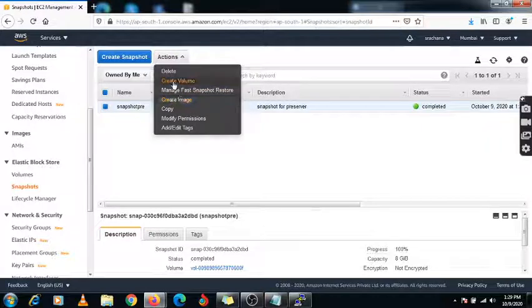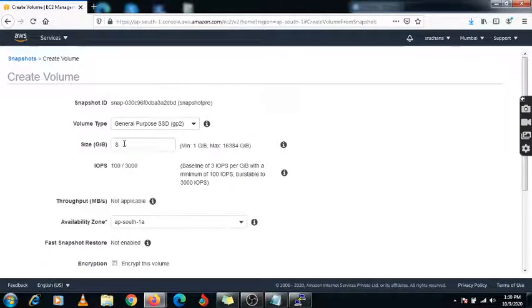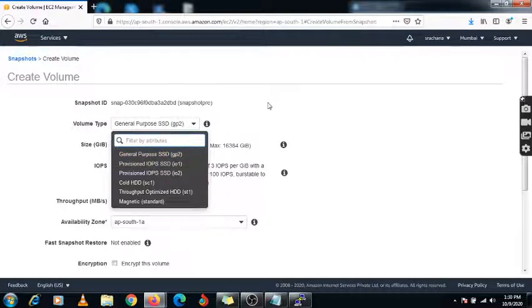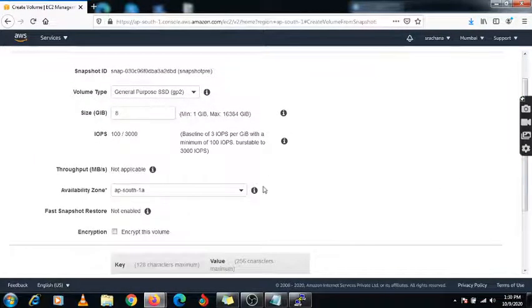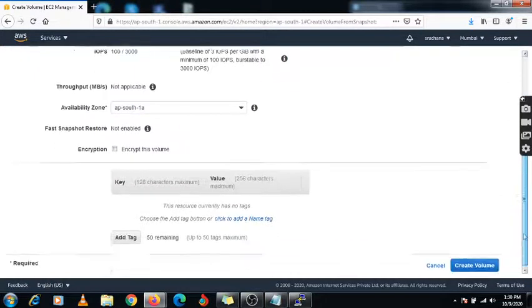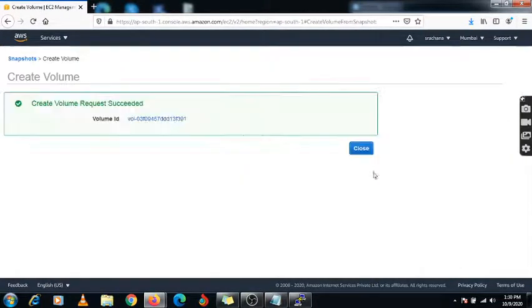But now we are creating one volume, because we already created one AMI image in the last video. So now we are creating this volume using the same snapshot which I have created. Here is the option we are getting: which volume type you want to take. These are the options it provides, and it is asking for the size because we have already taken 8 GB. You can take above 8 GB but not below 8 GB. Now I am going to select 1A. This is my availability zone where I need to create it. Create volume. Just close it.